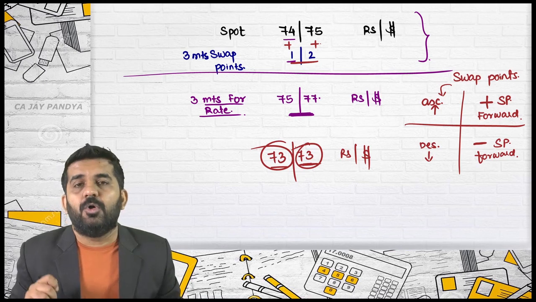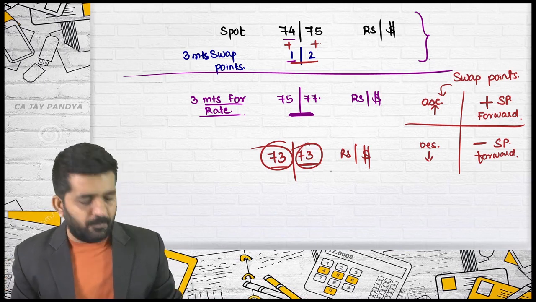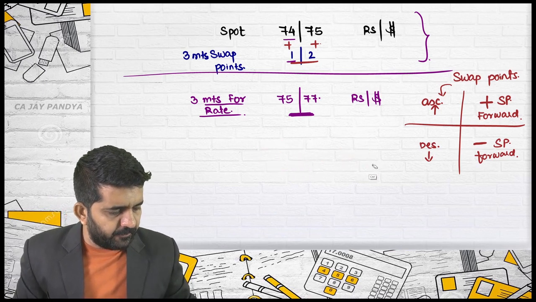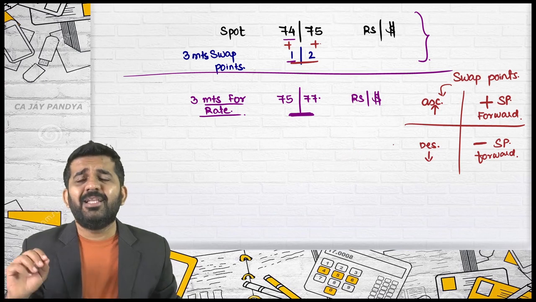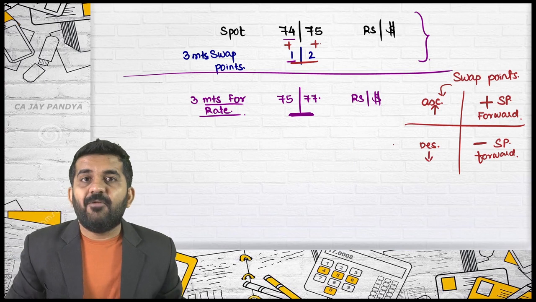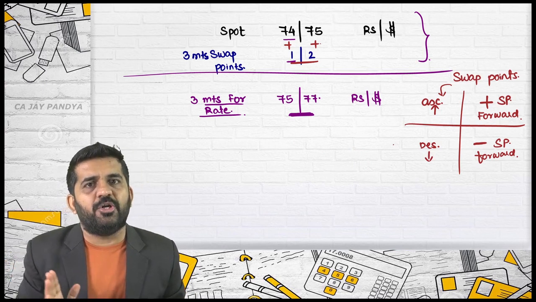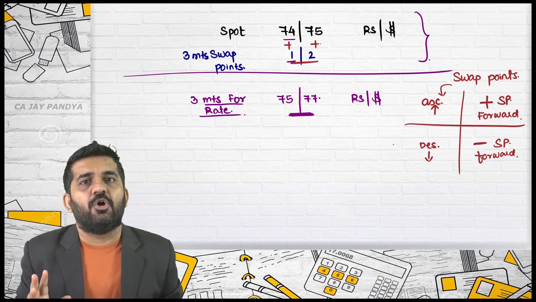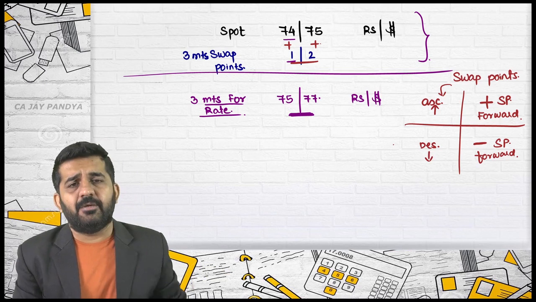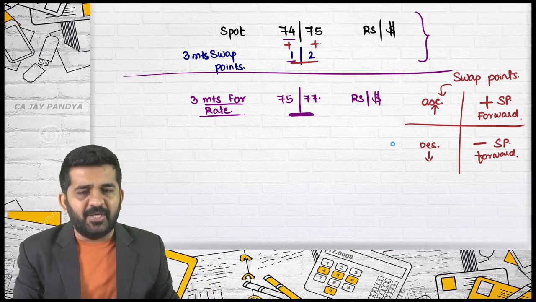Why? I have calculated a forward rate incorrectly by using these swap points. Swap points are the points that are the difference between spot and forward. When to add it, when to subtract it, I have explained to you. When they are in ascending order, you should add it. When they are in descending order, you should subtract it. Try to concentrate. There are n numbers of questions where this point comes and normally students make this mistake.